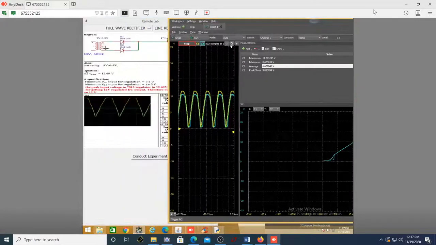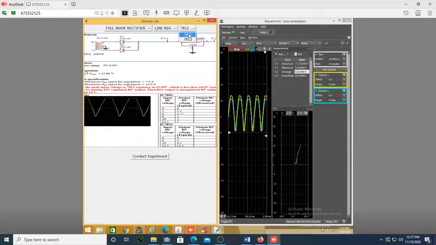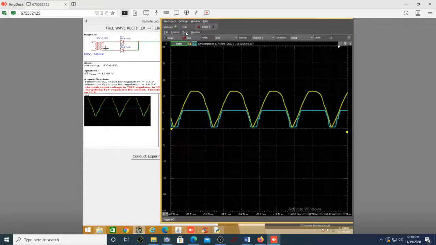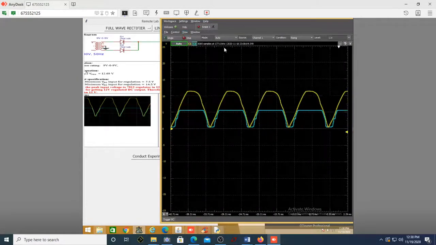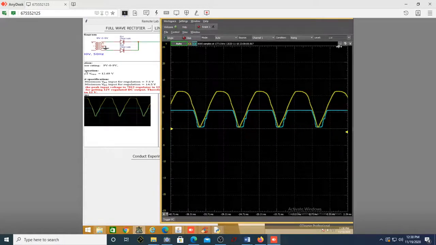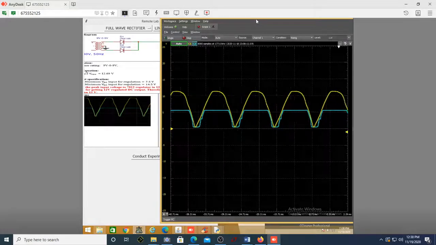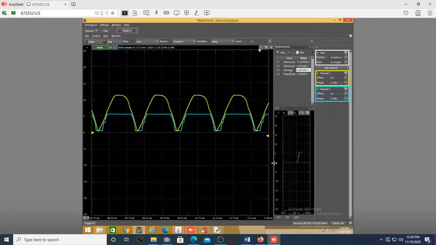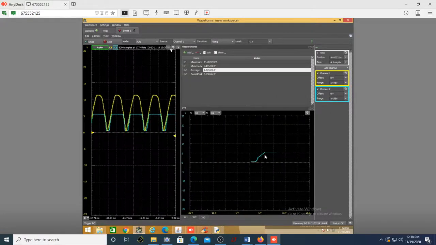Whereas when you go to 7805, it is perfect because you have exceeded that minimum voltage. Can you see for this it is perfect? I've just run this. Can you see now it has become flat? Let me just show you that. Okay, add X5, where did it go? Okay, it has gone somewhere. Okay, now you can see for 7805 it is fine. You can see it is becoming flat.